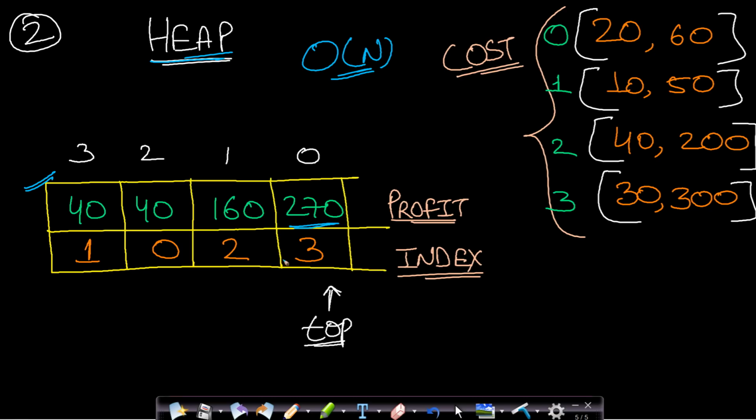So you will be using a heap where each node will have two values, profit and the index, that is, this profit is gained by this candidate. Now this is a max heap. So in a max heap we will have to insert each and every element based on their profit. We will calculate profit by subtracting the second value from the first value. So we will insert it, and the max heap will rearrange itself, and the top of the max heap will always be the one with the maximum profit.